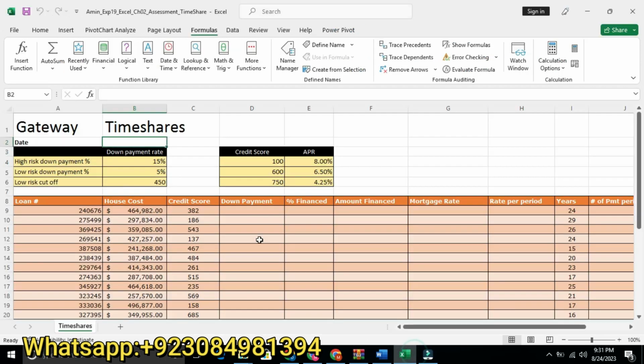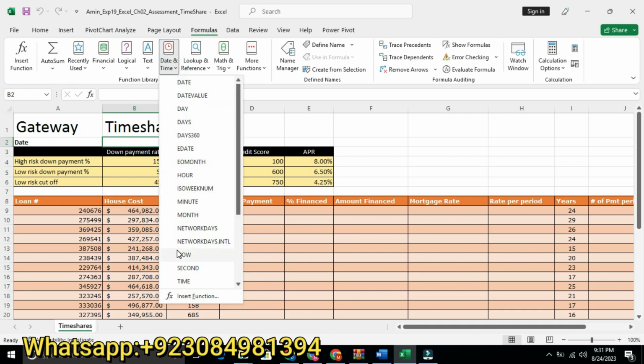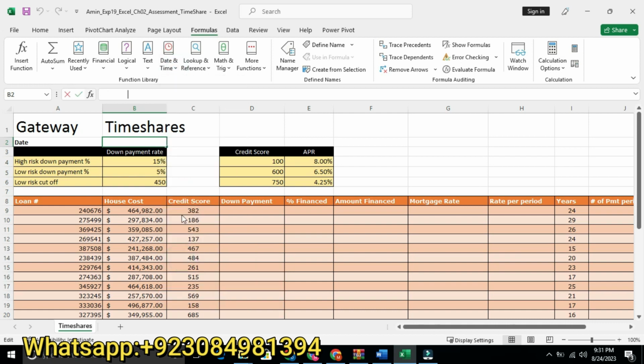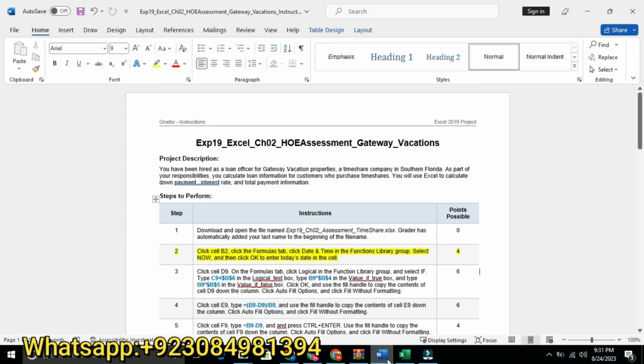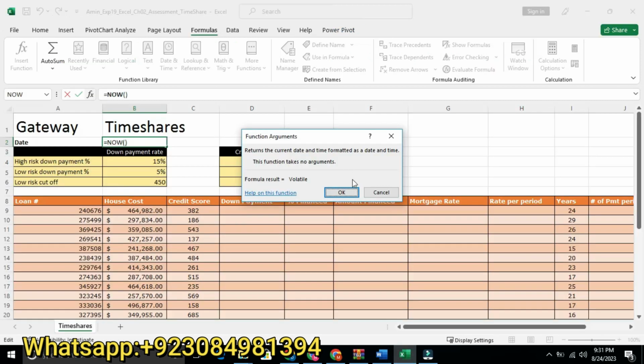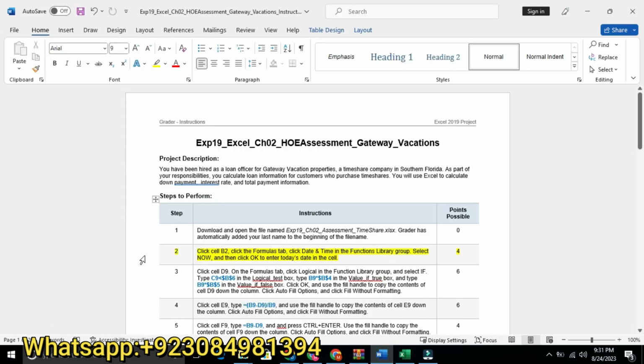So we will go to the Date and Time function library group, and in this we will select NOW, and then click OK to enter today's date in the cell. So we will click on OK. So we have got our time and date in cell B2. So our second step is now completed.